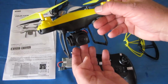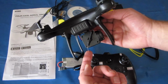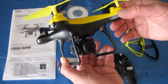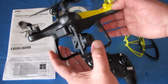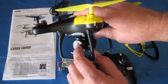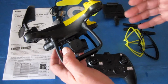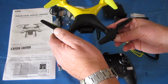The camera is a 720p HD with Wi-Fi FPV. It's 2.4 gigahertz Wi-Fi FPV, so you don't need to worry about a 5G capable phone with this particular drone. You know, this is just the 2.4G or gigahertz Wi-Fi FPV flyer. It does record the video though directly to a micro SD card slot in its side there, so that should eliminate some of the Wi-Fi frame dropping that you normally see with Wi-Fi FPV flyers, since it's not recording to